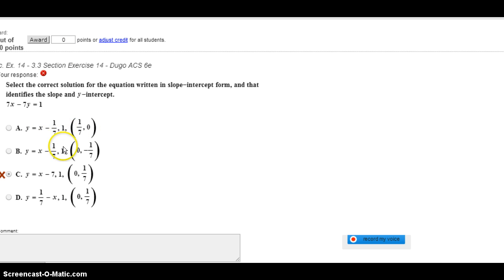So we want a slope of a positive 1, and all 4 answers have that. And then a y-intercept of -1/7 is choice B here. The negative sign's a little hard to see, kind of blends in with the fraction, but B would be the